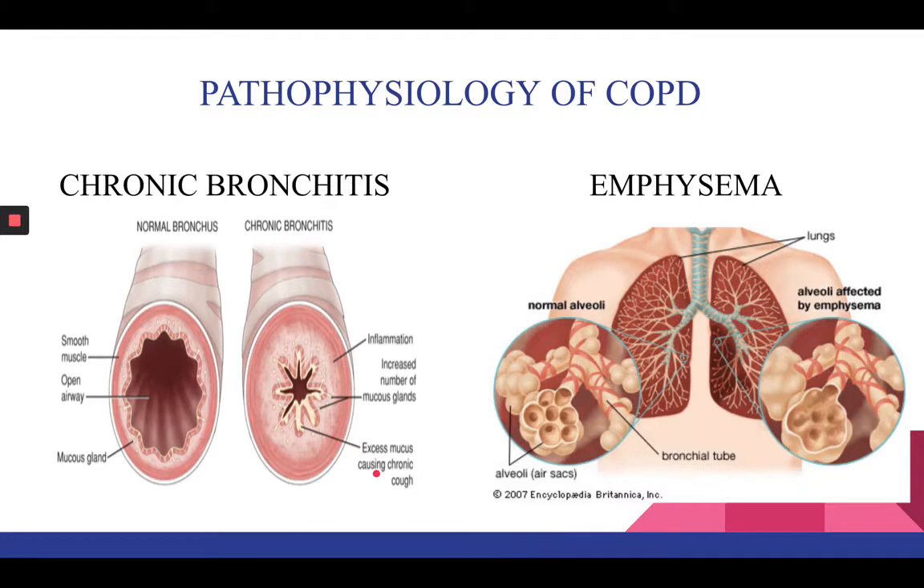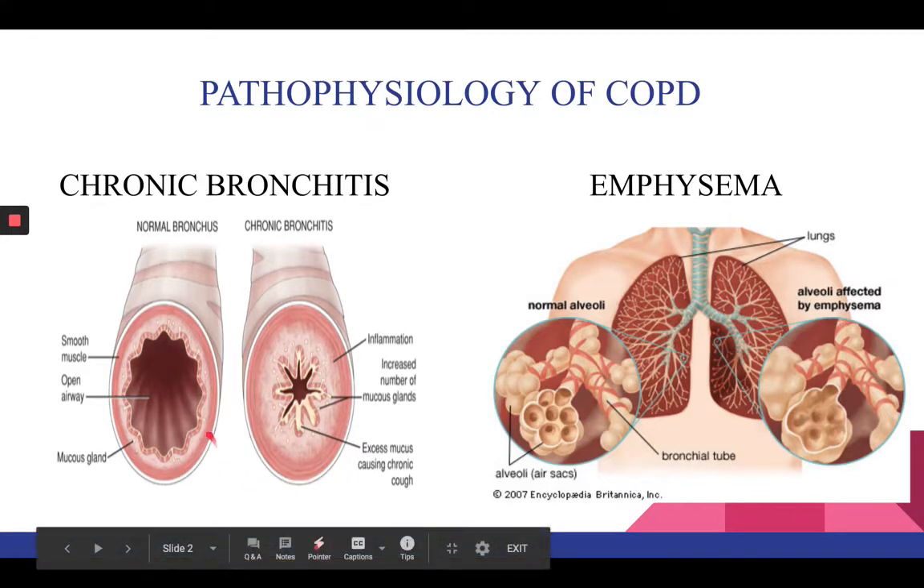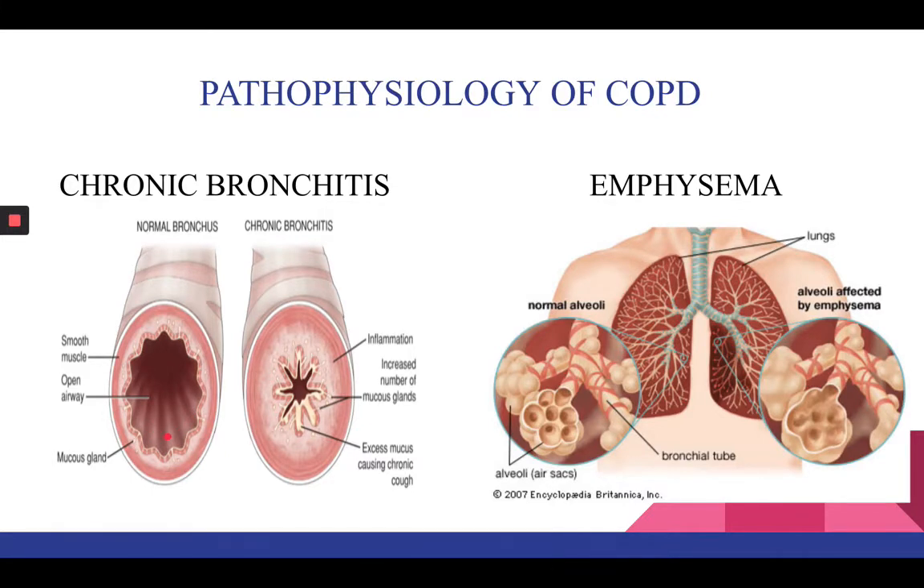COPD is a makeup of two conditions: chronic bronchitis and emphysema. In chronic bronchitis, the airway gets irritated by noxious particles from smoke or other pollutants, which results in inflammation and hypersecretion of mucus, as seen in the image where the airway lumen of the normal bronchus is wide and the airway lumen of someone with chronic bronchitis is very narrow, which makes it difficult for oxygen to pass